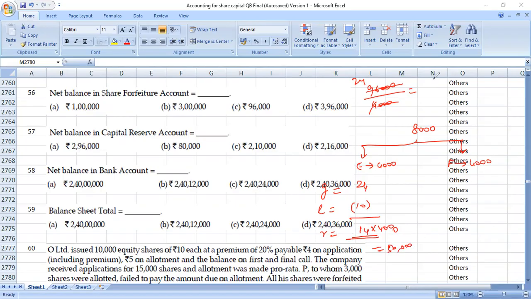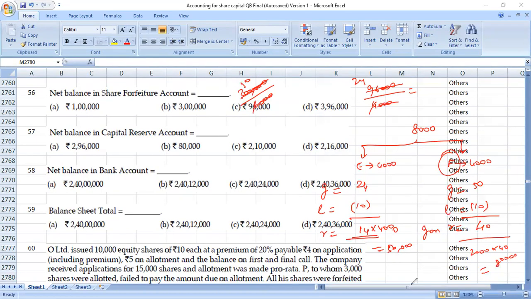F ஓட forfeited shares, F ஓட ஷேர்ஸ்ல forfeiture அக்கௌண்ட்க்கு எவ்வளவு ட்ரான்ஸ்ஃபர் பண்ணுவோம்? 3 lakh divided by 6,000 shares. So cancel பண்ணா 3 zeros cancel ஆகும். 50 rupees per share வந்து இருக்கு. Gain on forfeiture. Loss on reissue வந்து 10 rupees தான். Gக்கு reissue பண்ணும்போது 10% டிஸ்கவுண்ட் கொடுக்கும். So 40 is the amount of gain on reissue that will be transferred to capital reserve with respect to F's share. So எத்தனை ஷேர் reissue பண்ணிருக்கோம்? 2000. 2000 into 40 will be 80,000. 80,000 plus 56,000 is the answer,